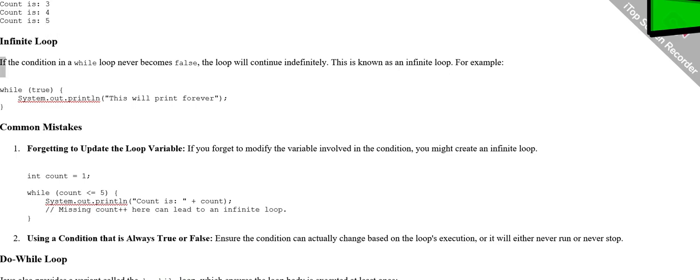Infinite loop. If the condition in a while loop never becomes false, the loop will continue indefinitely. This is known as an infinite loop. For example: while (true) { System.out.println("This will print forever"); }